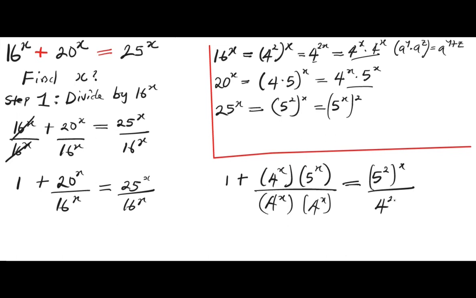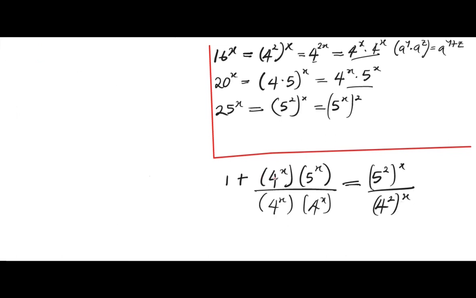4 raised to the power of x will surely cancel 4 raised to the power of x, so we are left with only 5 raised to the power of x and 4 raised to the power of x here. Let's go over to this side. We have 1 plus 5 raised to the power of x divided by 4 raised to the power of x equals